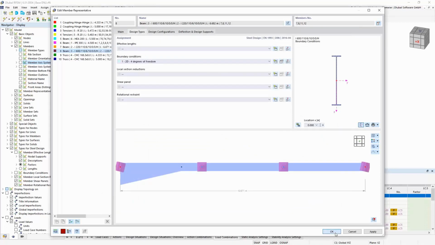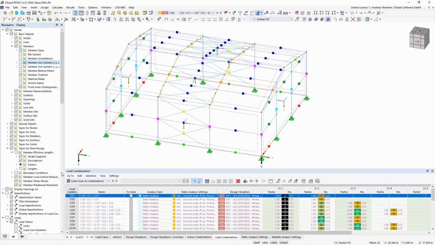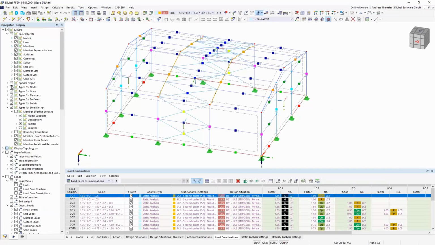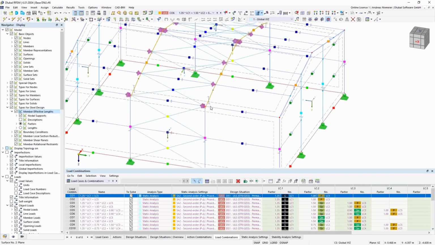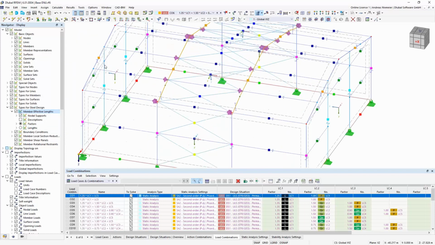And if we confirm this, you will see that the program places here on these members buckling conditions. So we can activate it here by this option, and you see the supports are placed at these nodes.